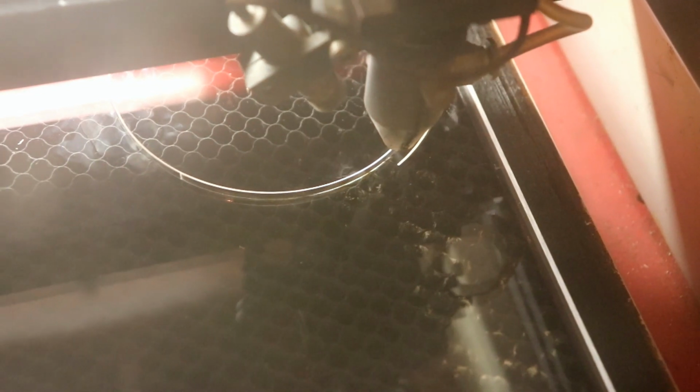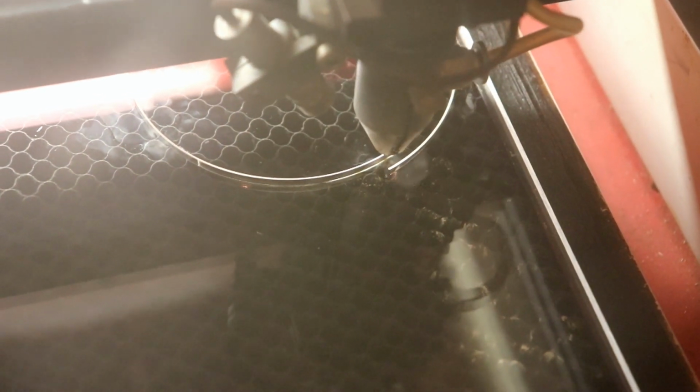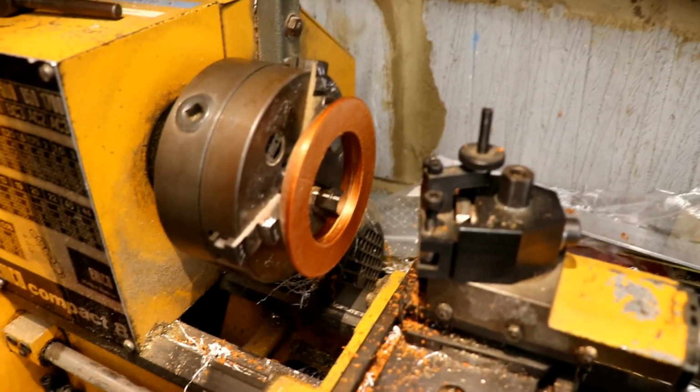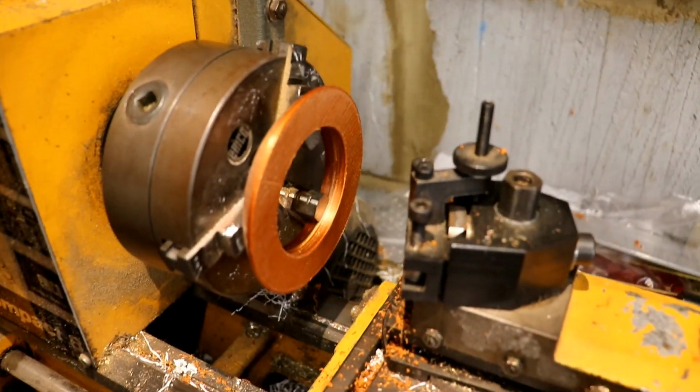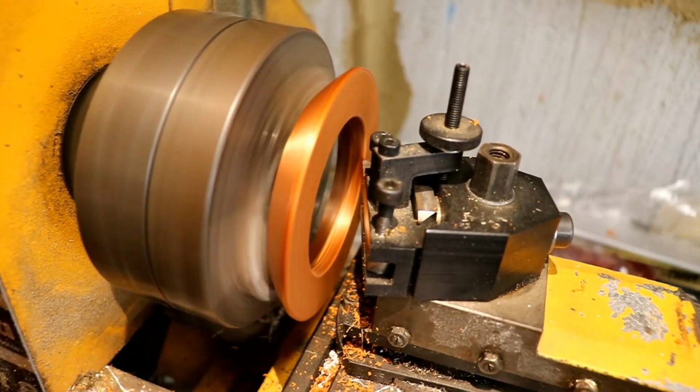And there we have it. 5mm acrylic. So much for sanding it. This is ridiculous. It's still too tight. I'm just not happy with it. I need it to have a nice lot of clearance. So